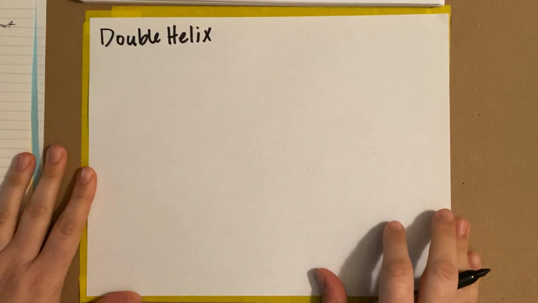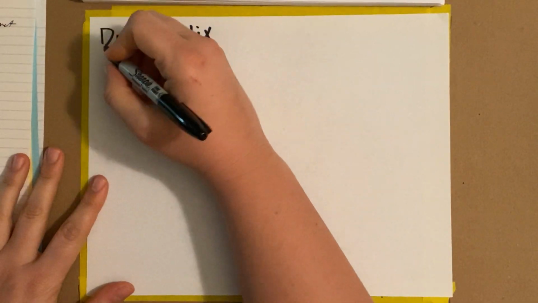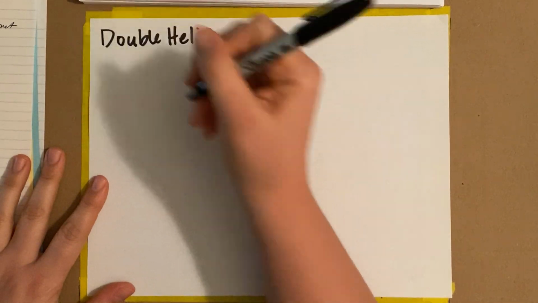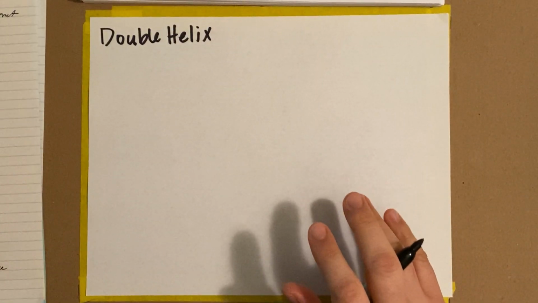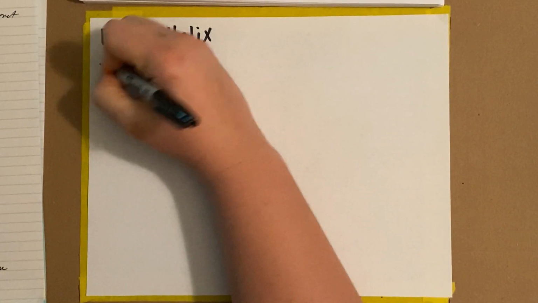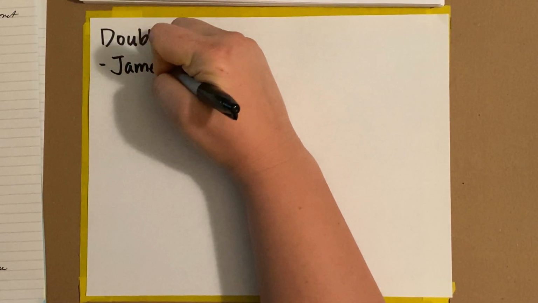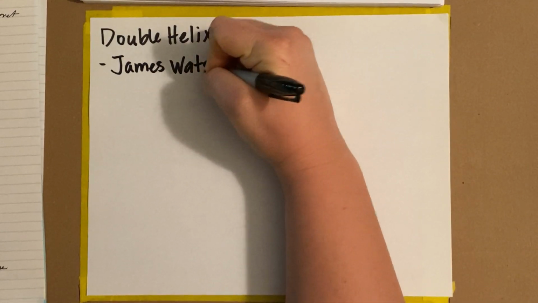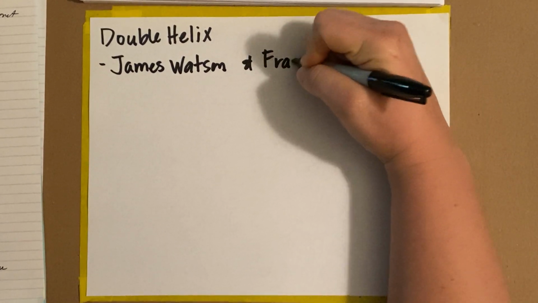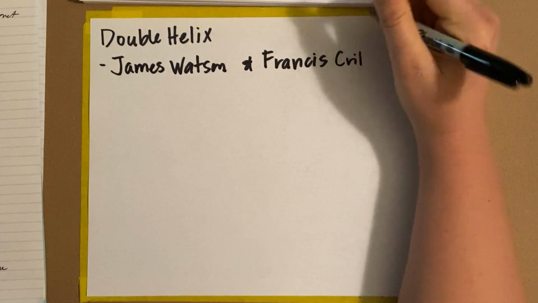The discovery of the double helix is given to 2 individuals, although there's a controversial story behind all of this. We have 2 scientists, James Watson and Francis Crick. And I'm going to link a video for you guys to watch that talks about